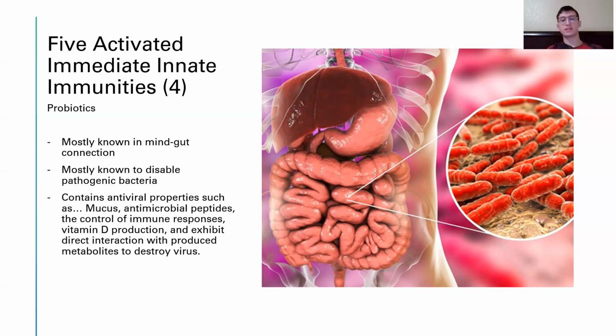So first, bacteria provides a really hefty amount of mucus immunity in the intestines, right? The mucus, like I was saying, provides antimicrobial peptides that fight against these viral infections. Second, probiotics can induce and enhance other innate and adaptive immune responses, such as the activation of phagocytosis and even through the activation of B cells in the host body.